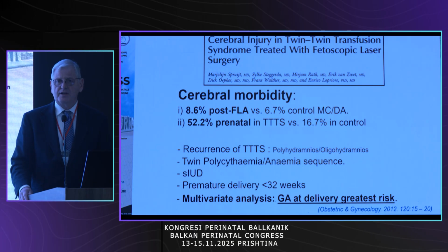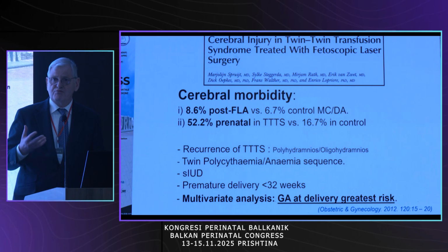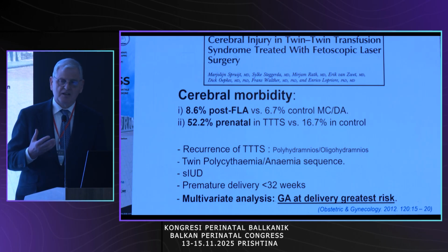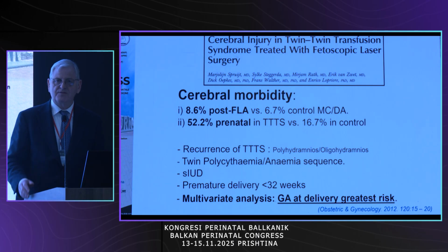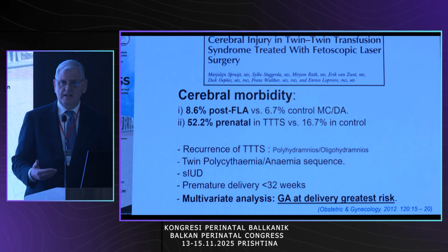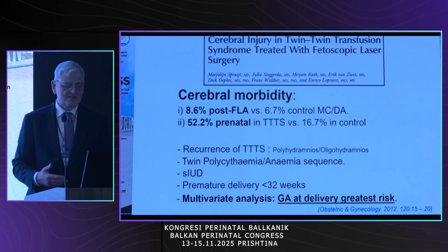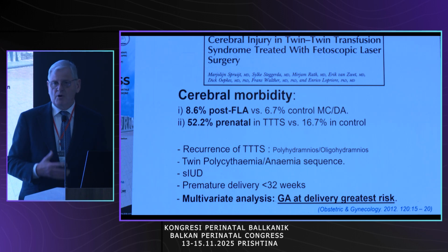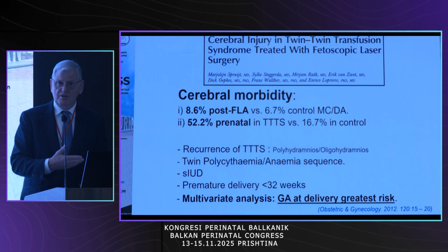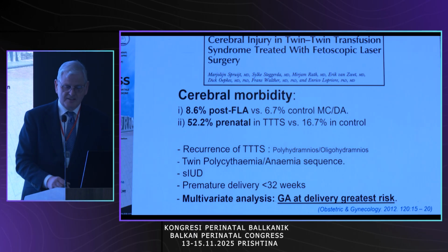But over half of these are due to prenatal contributions. And the things that predispose the fetus to these risks are a recurrence of twin-to-twin transfusion syndrome after treatment, twin anemia polycythemia sequence, which I'm going to talk about in a minute, single intrauterine twin demise, and premature delivery. A multivariate analysis shows that it is prematurity, which is unifying for all of these complications, that leads to the